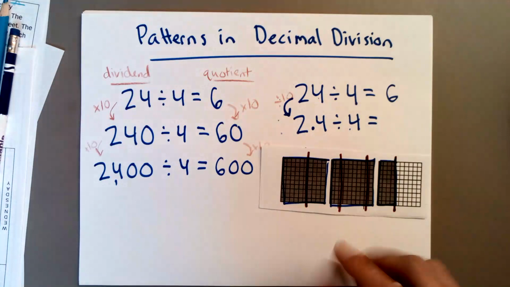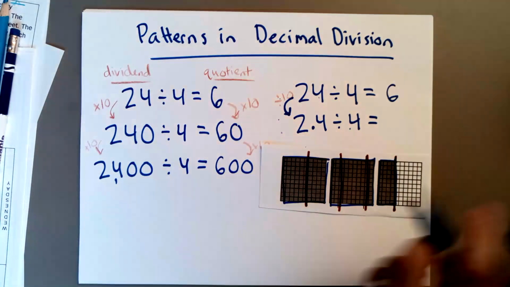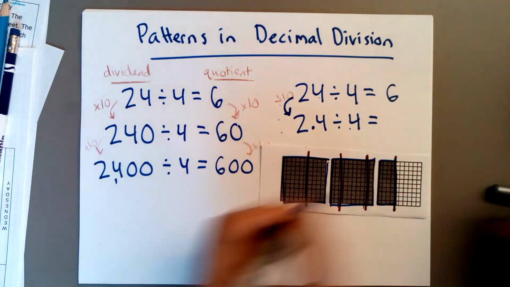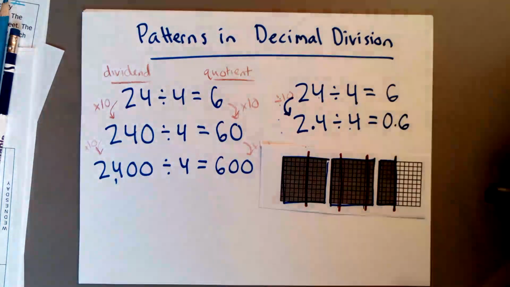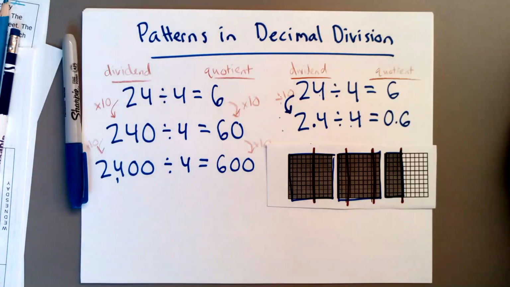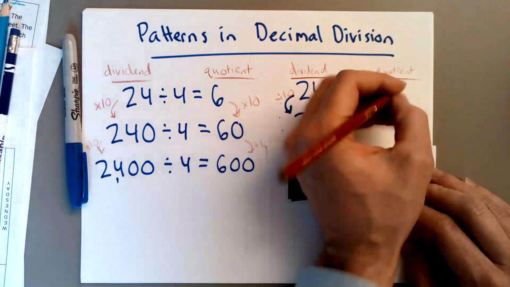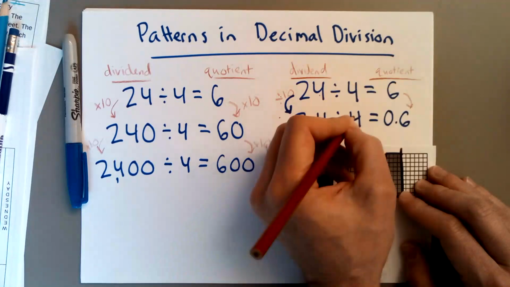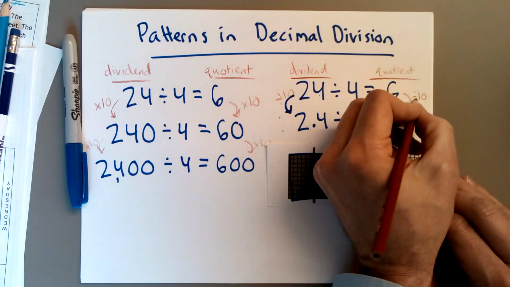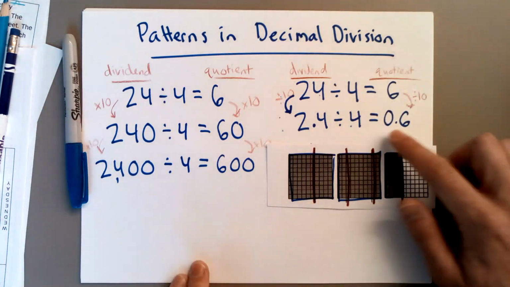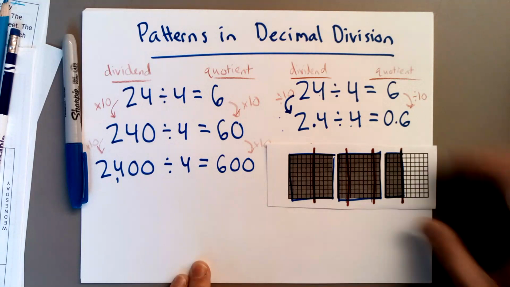How many is in each group? Well, I have 1, 2, 3, 4, 5, 6 columns in each group, and each column is 1/10. So here, my quotient is 6/10. So you can see when I have 10 times fewer cookies to share onto these 4 plates, each plate is going to have 10 times fewer cookies on it. So you only get 6/10 of a cookie on each plate. I can continue this further